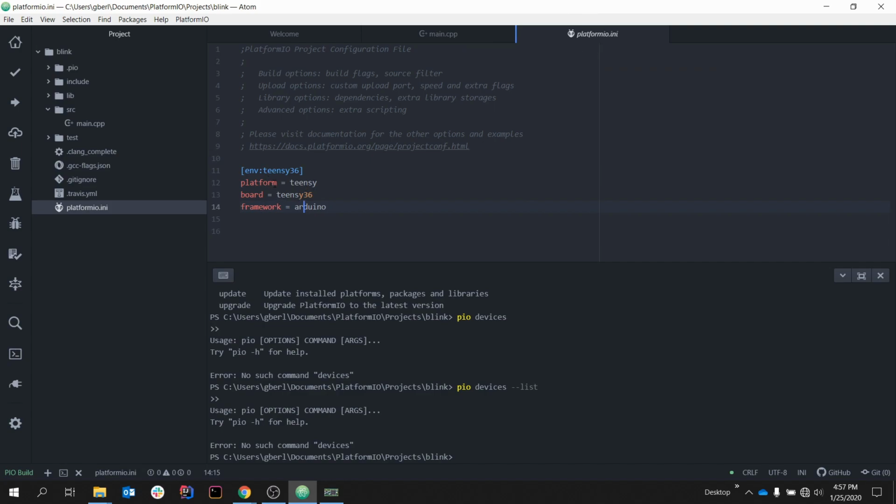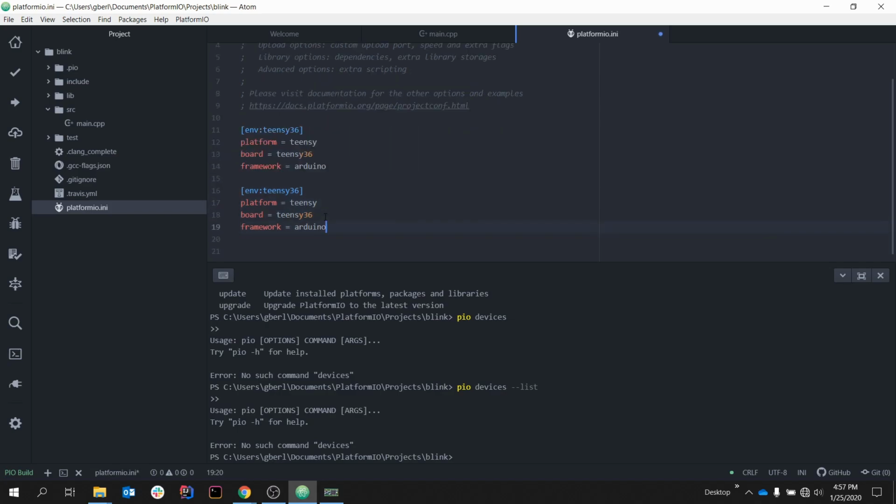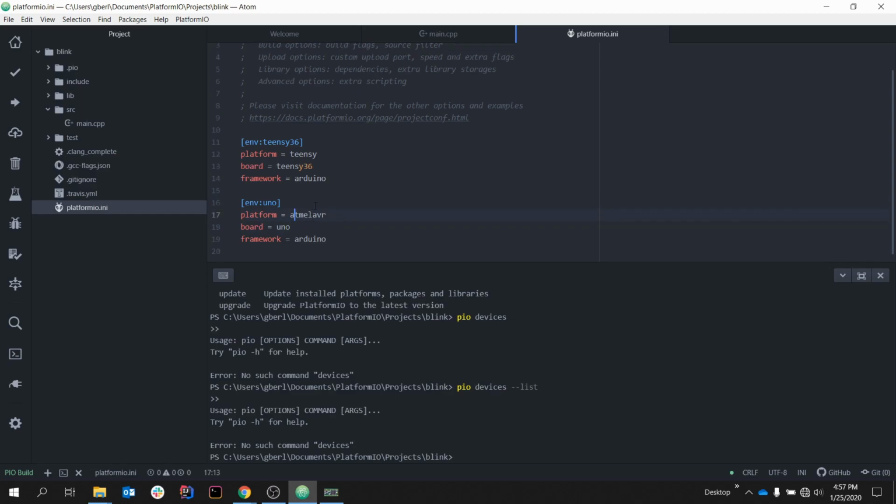And likewise, if you wanted to change the board, you could either add another one. So if I wanted to change this to, say, an Uno, I could call this my Uno environment. The platform is called Atmel AVR, and the board is called Uno. And you can see those boards and those things. Okay, so anyway, before I get to that,